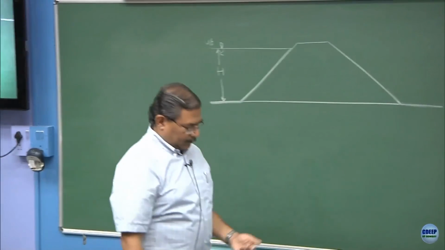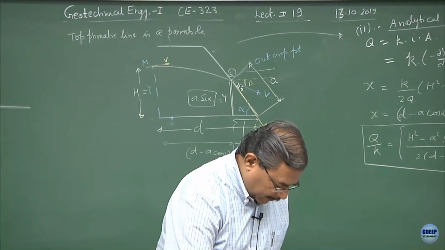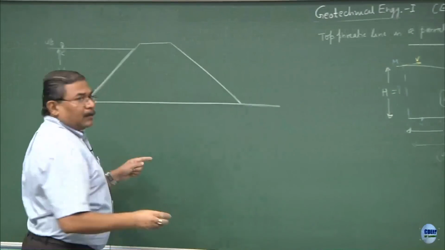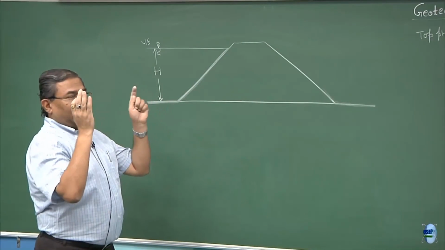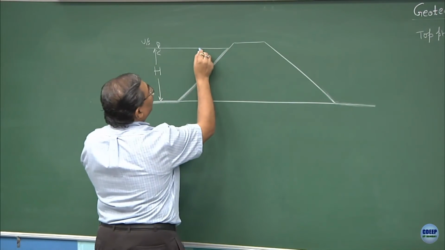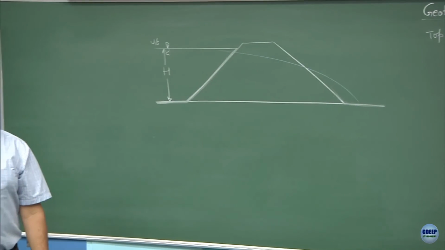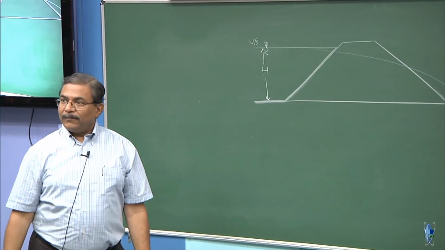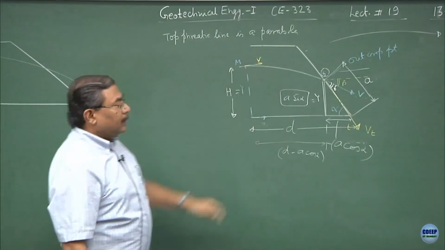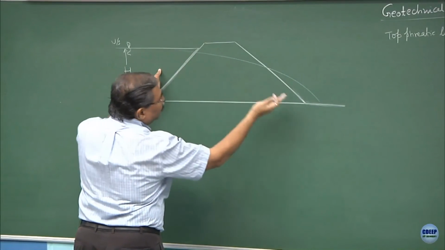Now, please stop writing and see what I am doing. This will give you better understanding of what we are going to discuss subsequently. The only possibility to fix a parabola on this figure or superimpose on this figure would be if the parabola goes like this. Is this correct? Agreed? Because what we did is we have derived the expression. Now, if you put this equation and superimpose on this cross section, this is how the situation would be.